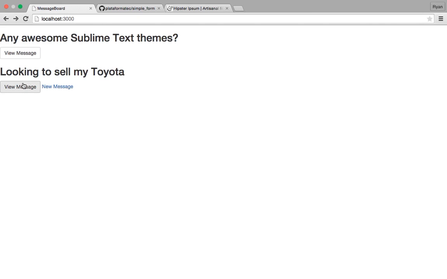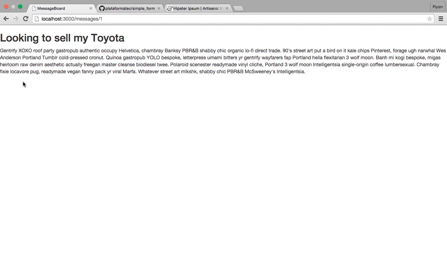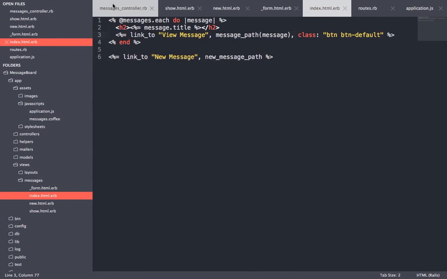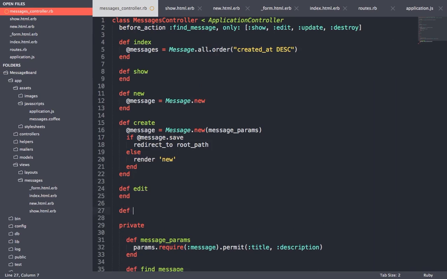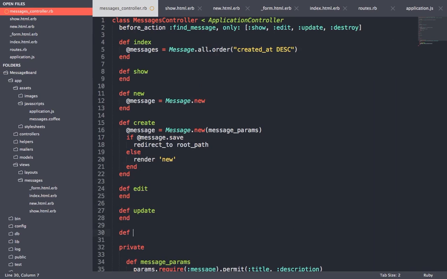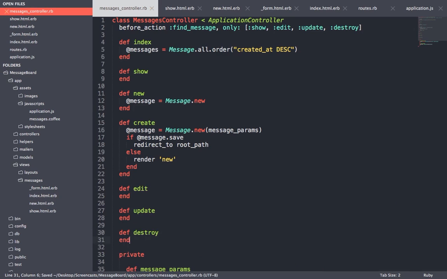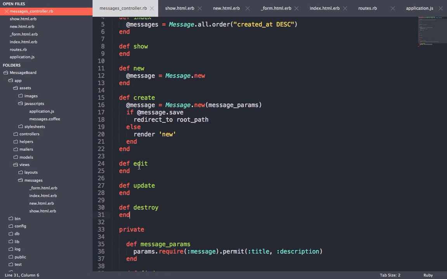Awesome. So now what we want to do is add some edit and delete links on the show pages. We want to add those actions in the messages controller. So let's go in and define edit, update, and destroy. We'll focus on edit and update first, and then we'll touch on destroy. In edit, all we're really going to do is find the message, and the update action is going to act kind of like create. So you can think of edit and update in this case as acting pretty similar to new and create in a way,